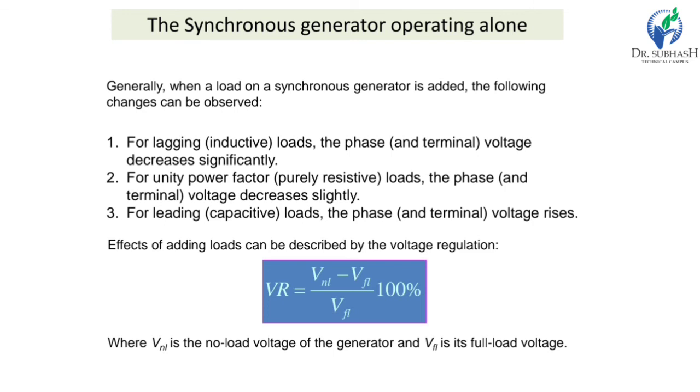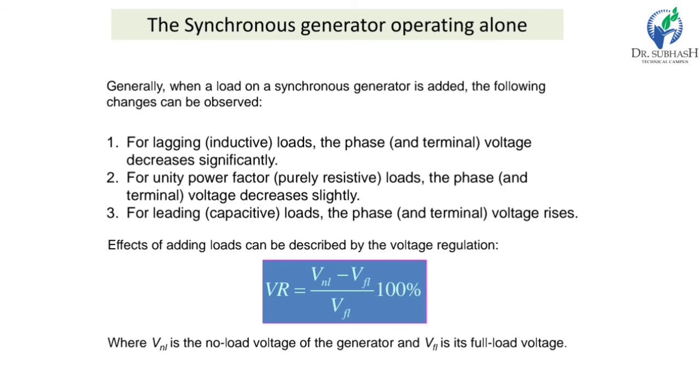Usually, it is necessary to maintain the voltage level provided to the load, whether the load itself is changing or not. To keep the voltage constant, we change the internal generated voltage when the load is changing. We can write that EA is equal to K phi into omega. If the speed is constant, we can control the internal generated voltage by changing the speed; the other option is to vary the flux of the rotor. Now let's take an example.